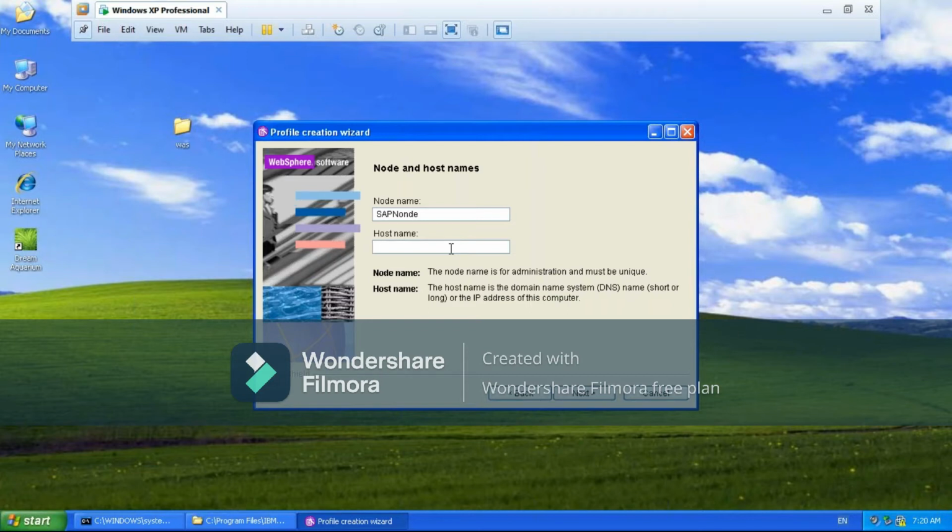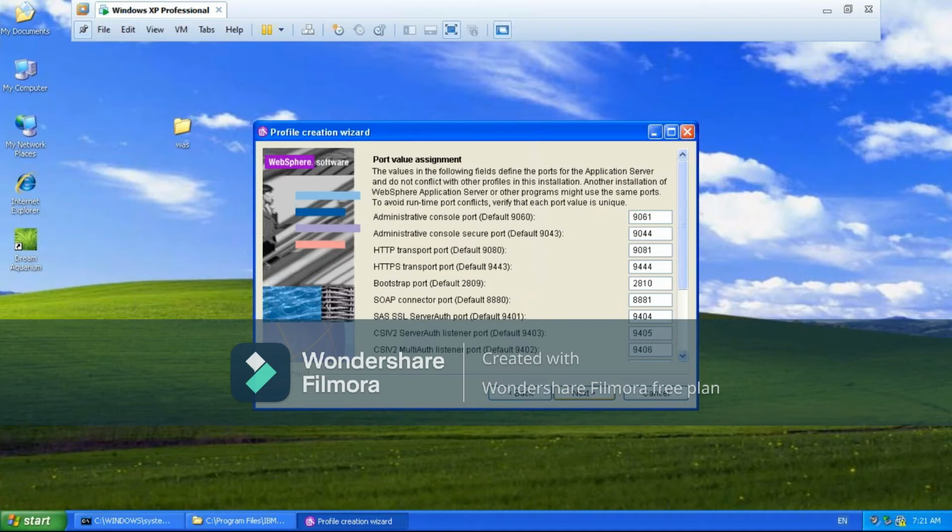You are giving the host name here as localhost. Instead of localhost, you can give the IP address of this physical system also. Node is different; the host name is related with the physical system, and the node is related with the profile. This is the host name, the IP address and contact of the physical system where this node is being created. Very clear? Yes, sir, I'm good.